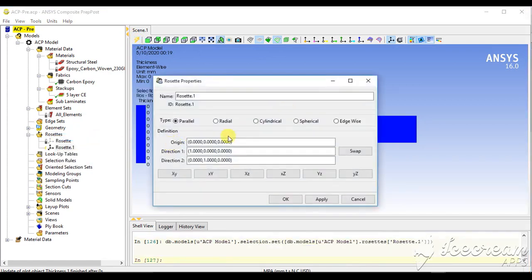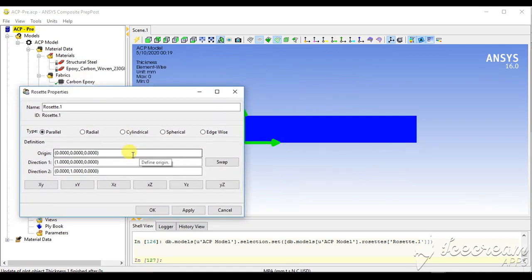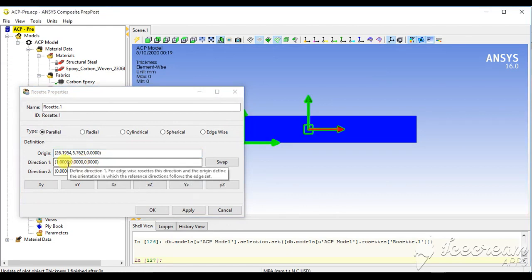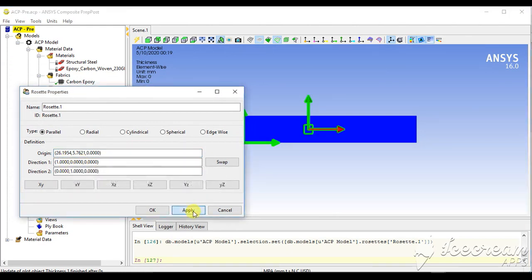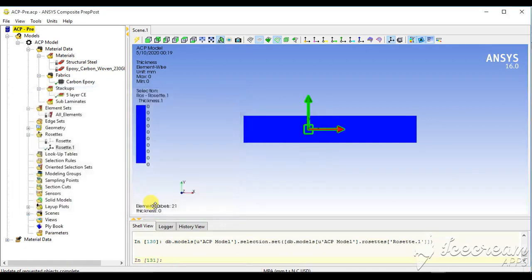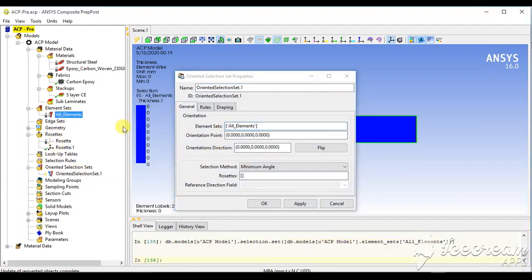Create a rosette. Select all the elements.